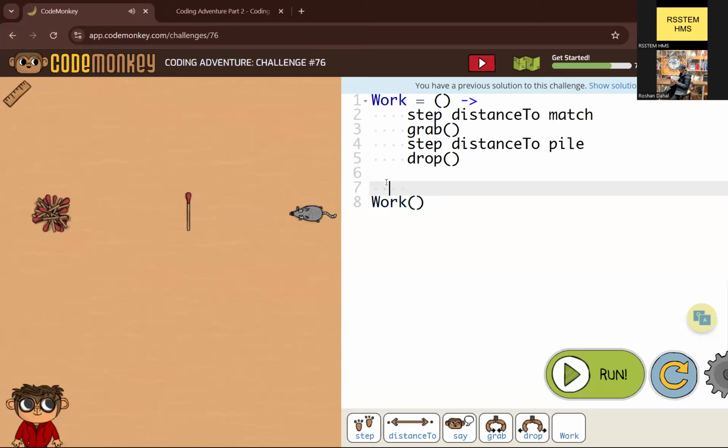What will happen now is that the computer completely ignores the work function, even though it was written first and would normally be followed line by line.